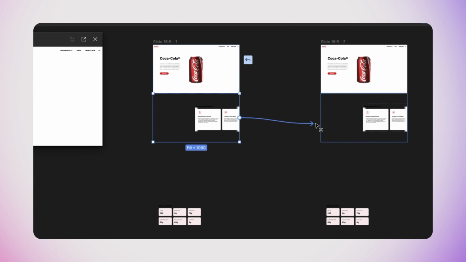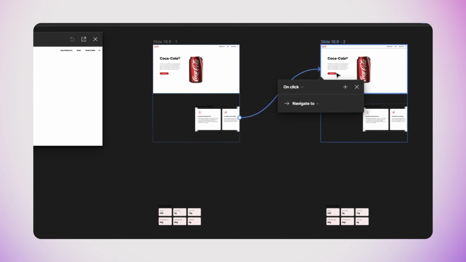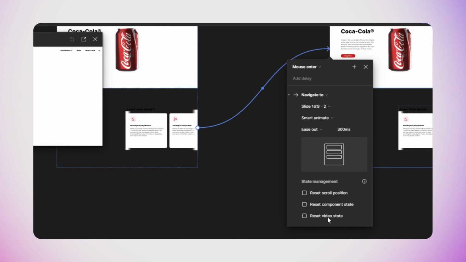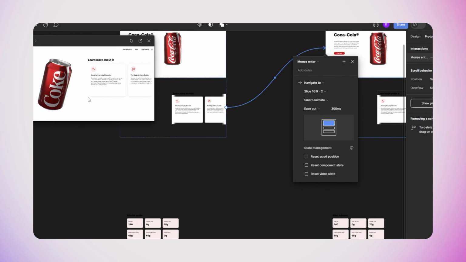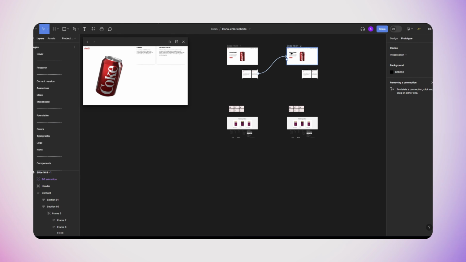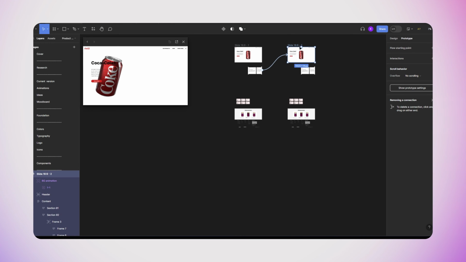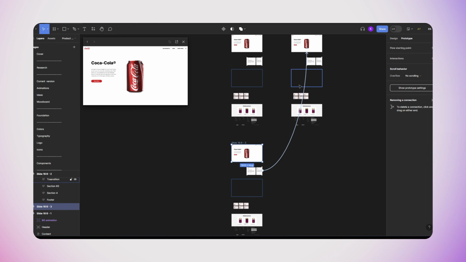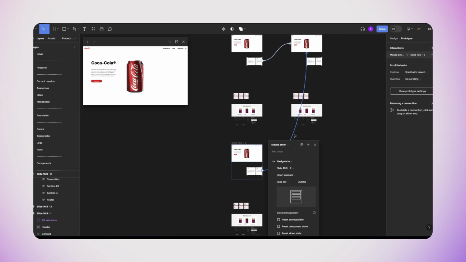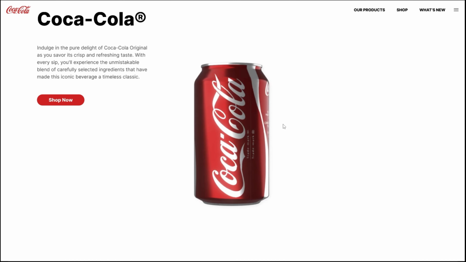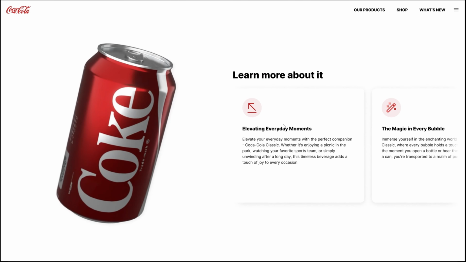And then I'm gonna use the prototyping tool and connect the second section of the first layout to the second layout, and use mouse enter as the trigger for this transition. This means whenever the user's mouse enters the second section, the user will navigate to the second layout, where the second video will be played, and then when the user continues to scroll and the mouse enters the third section, the third video will be played. And because the video has a fixed position, it gives the user this feeling that the user is scrolling further, and by scrolling the animation is playing. So we kind of fake